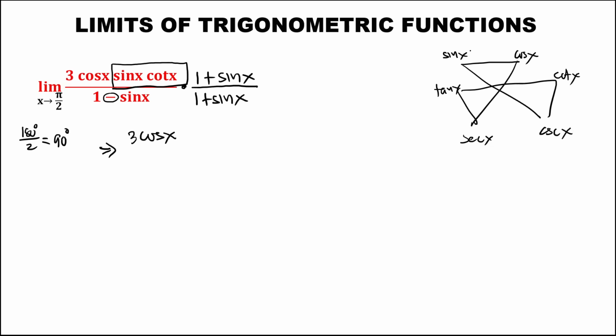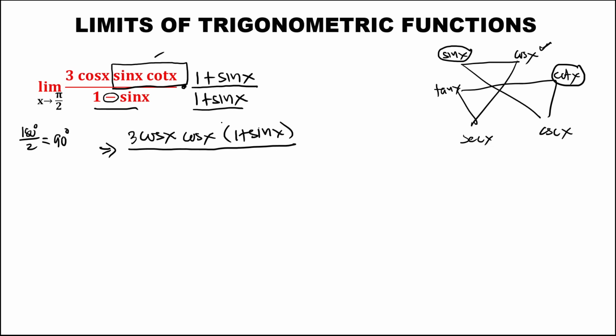So again, if we multiply these two functions, the result is the middle function. Therefore, sine x times cotangent x is equal to cosine x. So this becomes cosine x, then times 1 plus sine x, then over, multiplying the conjugate,